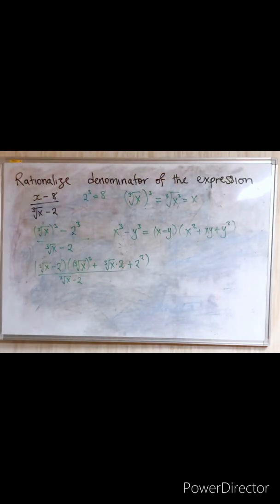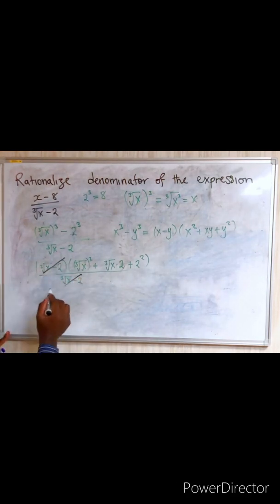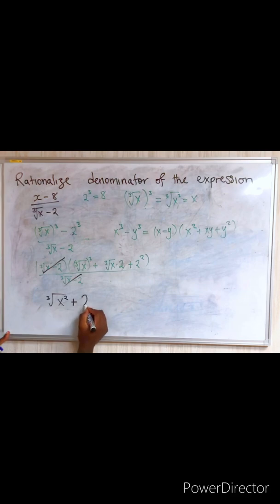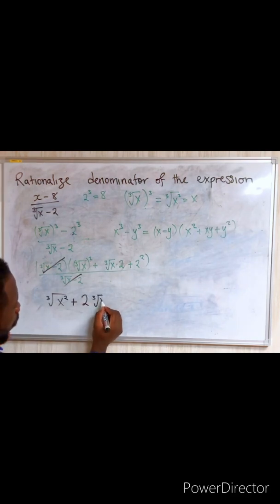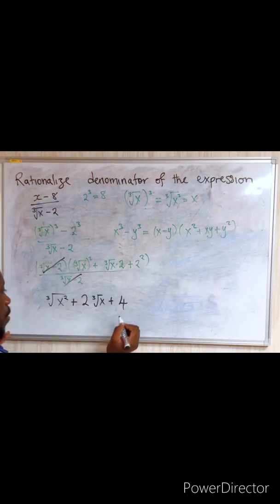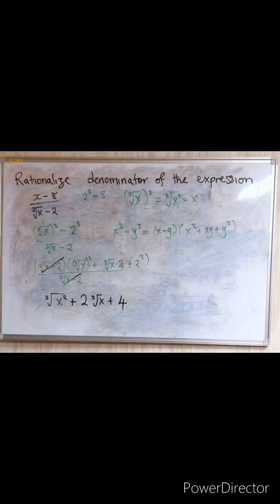Okay, so after you have done the expansion, notice that this and this are the same. So you are remaining with third root of x squared plus 2 third root of x plus 4. Okay, so what we have basically